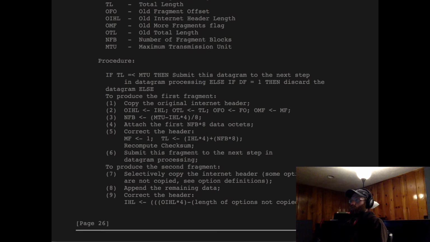Then you're going to calculate the number of fragment blocks by subtracting from the maximum transmission unit the internet header length times 4. Then you're going to take this number and divide it by 8. And that's going to give you the number of fragment blocks. To understand this math, the reason the internet header length is being multiplied by 4